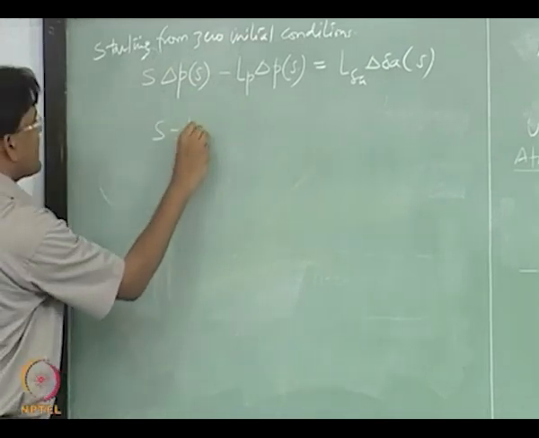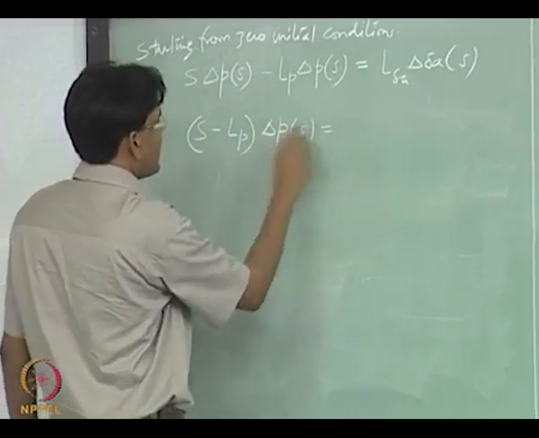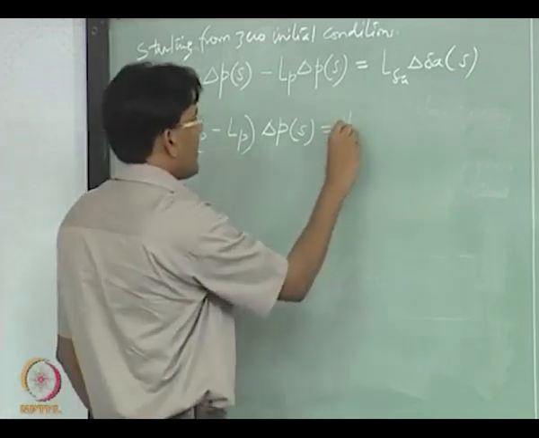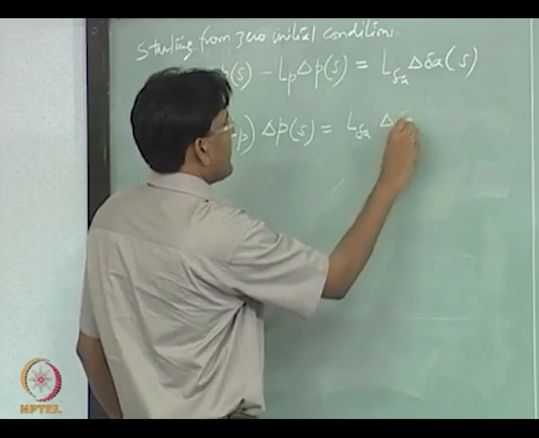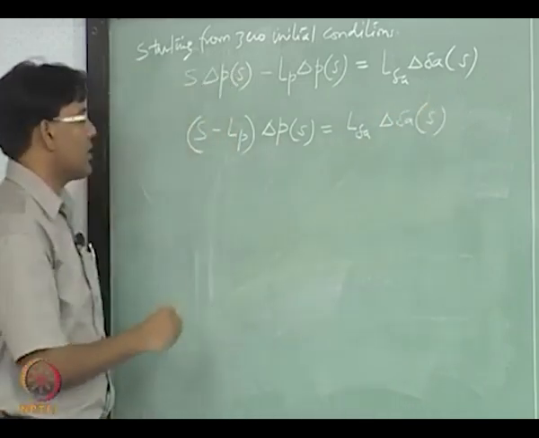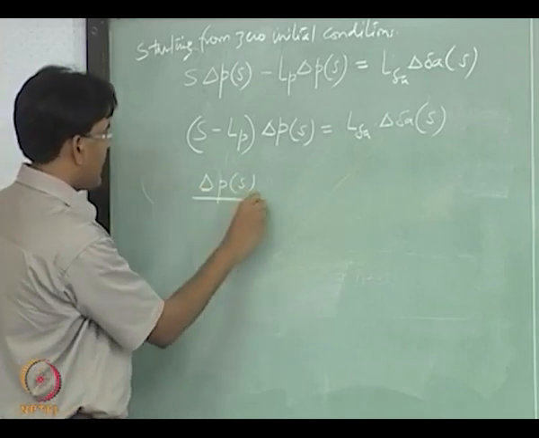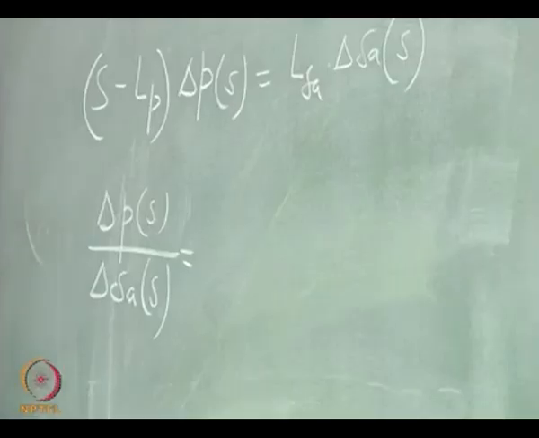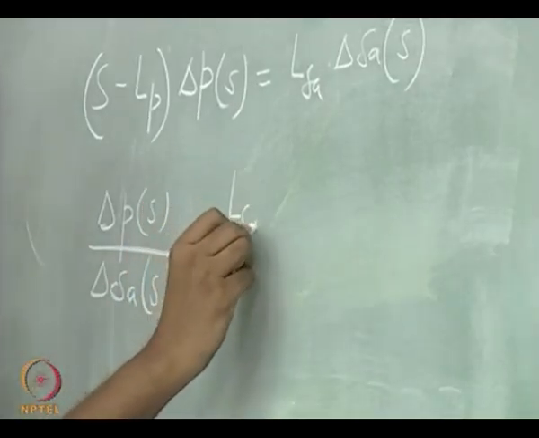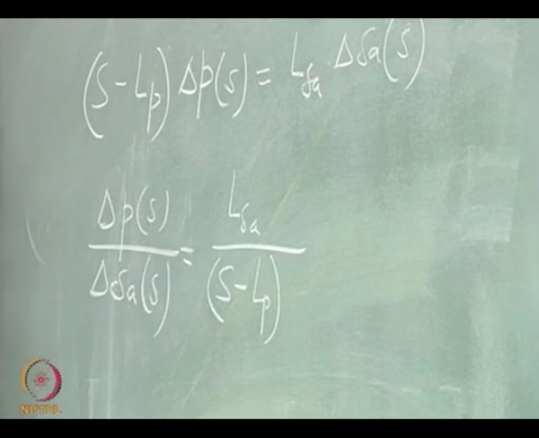So (s minus L_p) into delta p(s) equal to L_delta_a times delta_a(s). So the relation between the roll rate and the aileron deflection in the s domain is